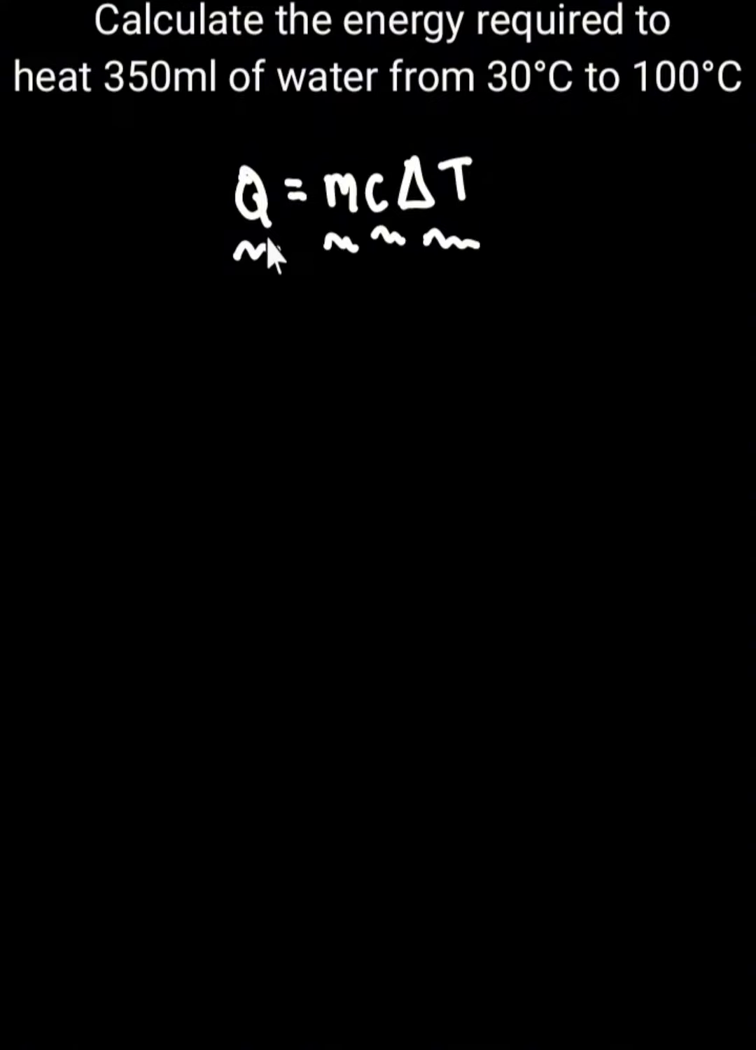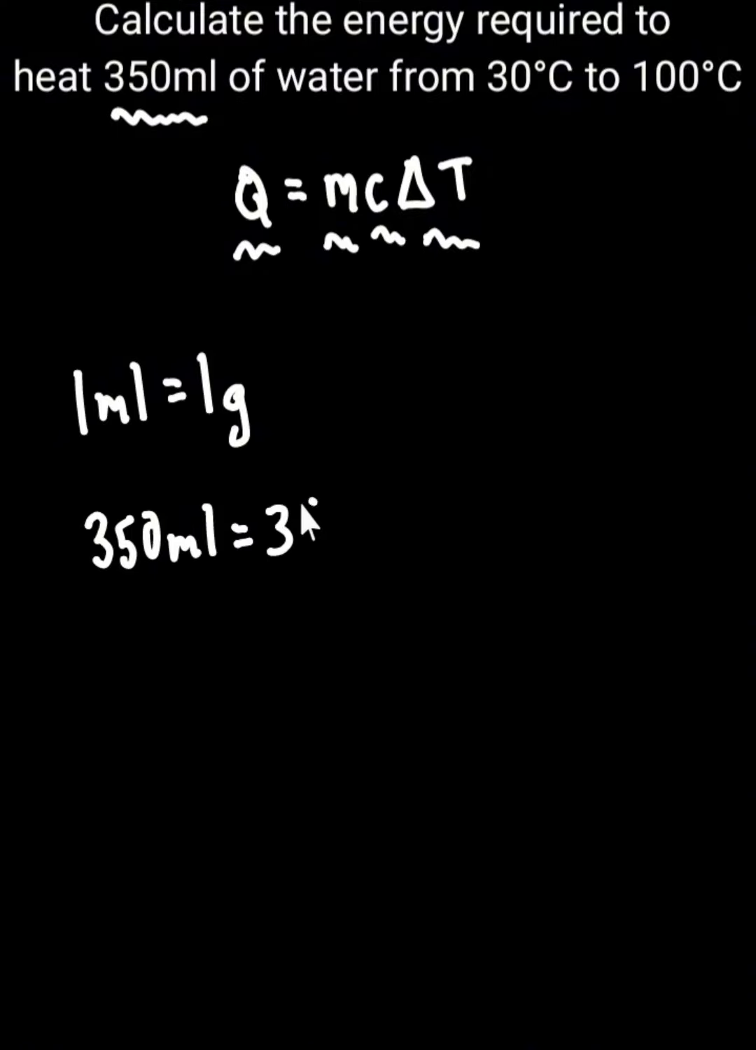So to find the mass, we have the amount of water right here, but to turn it into mass, we know that 1 milliliter is equal to 1 gram of water. So if we have 350 milliliters, we also have 350 grams. But in this formula, the value has to be in kilograms. So divide that by 1,000, which is